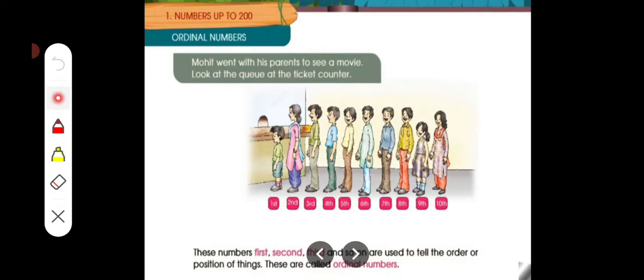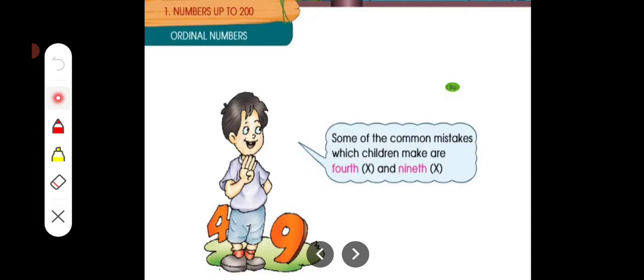Okay. Now, these numbers first, second, third and so on, whatever order they are standing in, the position, are called ordinal numbers. Understood, children? Yes, these are called ordinal numbers. Yes, very good, children. Now we shall move to the next. You understood, no? Already in the previous classes also I explained this.